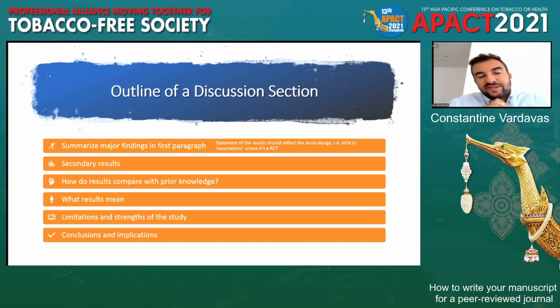Now, just before the end of the discussion, you have a strengths and limitations paragraph. It's always important, and sometimes it's forgotten, but is it checked? It's always a tick box: does the study include a limitations and strengths section? So you want to note the limitations and strengths of the study. And then the last paragraph is your conclusions. It can be conclusions and implications or just conclusions.